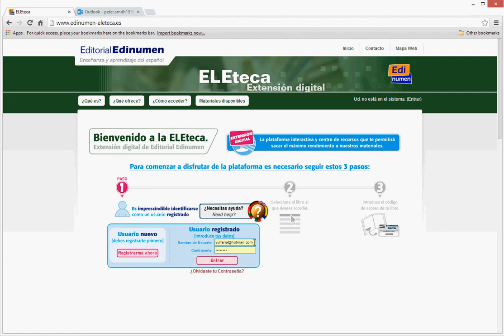Now we should just be able to log in using the details that you put in on the previous form. I'll enter this information now, make sure you're not hanging around waiting for me to enter it. I'll just pause the video for a minute. Okay, so as you can see, we've put our email address in the top box here, and our password in here, and they're the same details that we put in the form when we clicked on registration initially. Then if you just click enter,